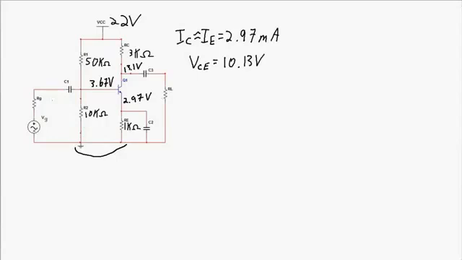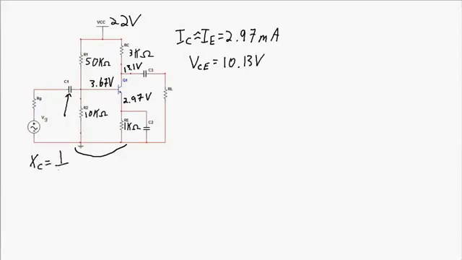Now what happens is this AC signal here gets superimposed upon the DC voltage, the DC biasing point here at the base. And the way that works is this capacitor C1 couples in the AC signal, but at the same time it blocks the DC signal from affecting the signal outside of the amplifier circuit. And the reason that works is the reactance of this capacitor to the DC portion of the circuit